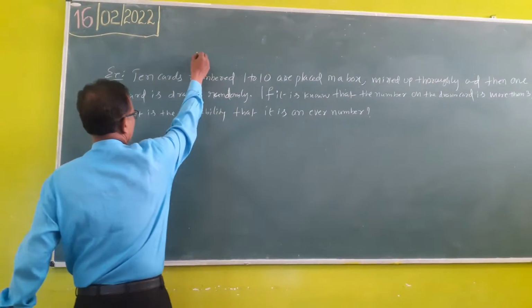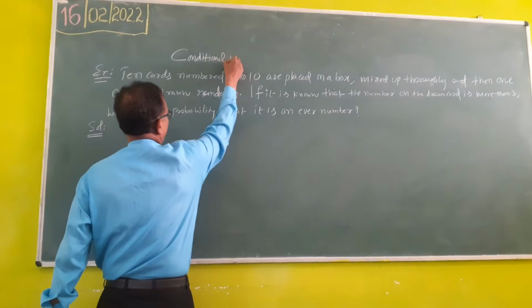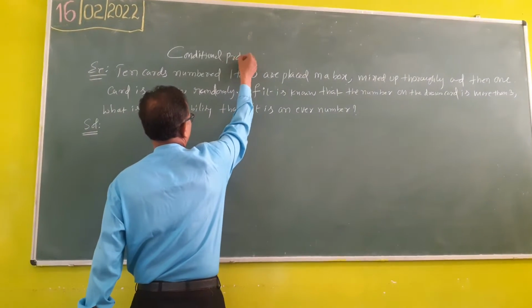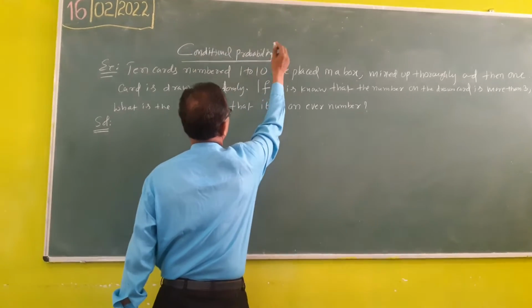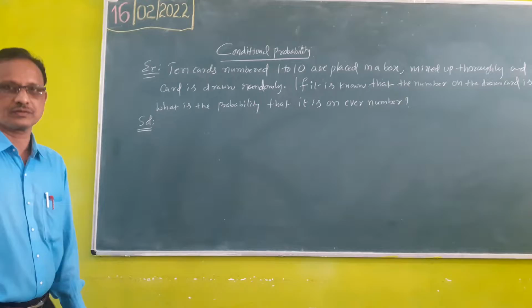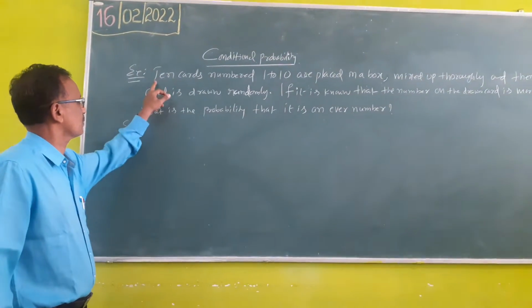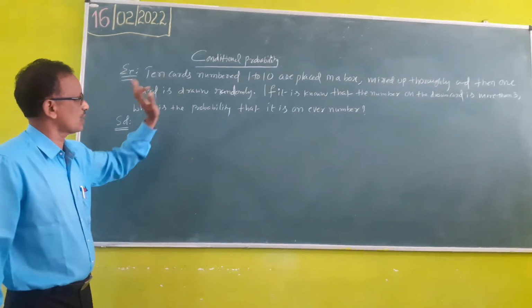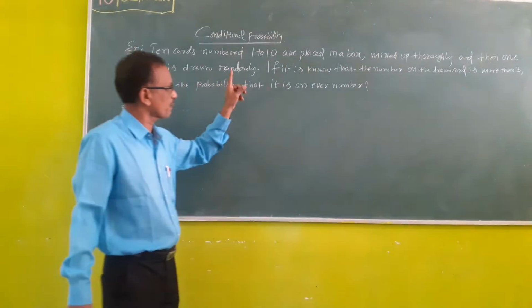Conditional probability. First, conditional probability. Okay, right. So on this conditional probability, the example is: 10 cards with numbers 1 to 10 are placed in a